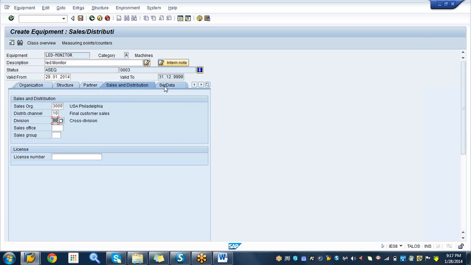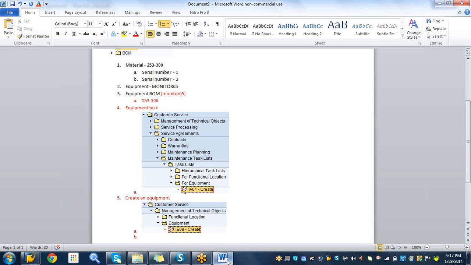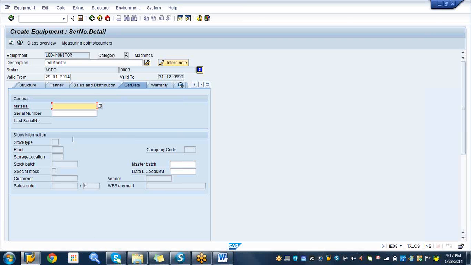Okay. Service data. So what would be the service data for this one? The service data is going to be this guy who, control C, control V,